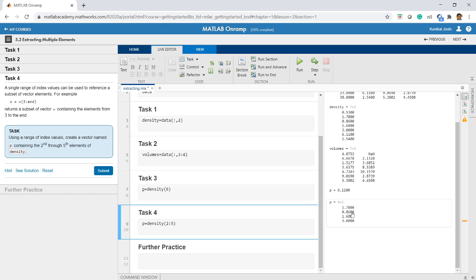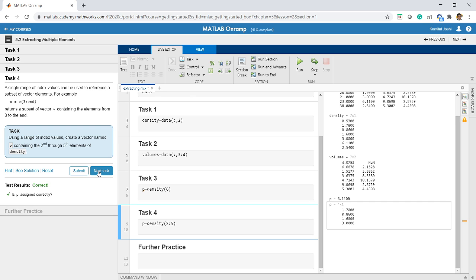I got second, third, fourth and fifth from this density: 1.78, 0.86, 1.6 and 3. Let us check whether it is correct. Great, that is correct, right? So this is how you can use the colon operator. It is a very useful operator.